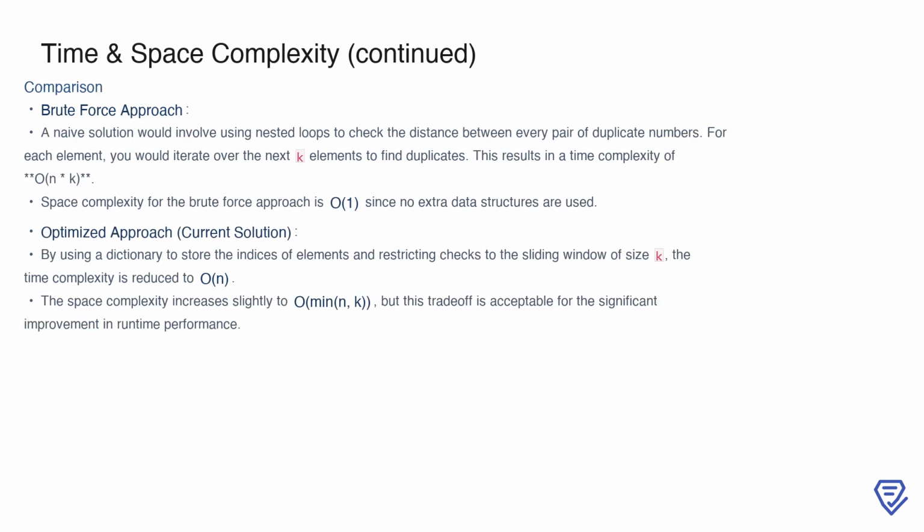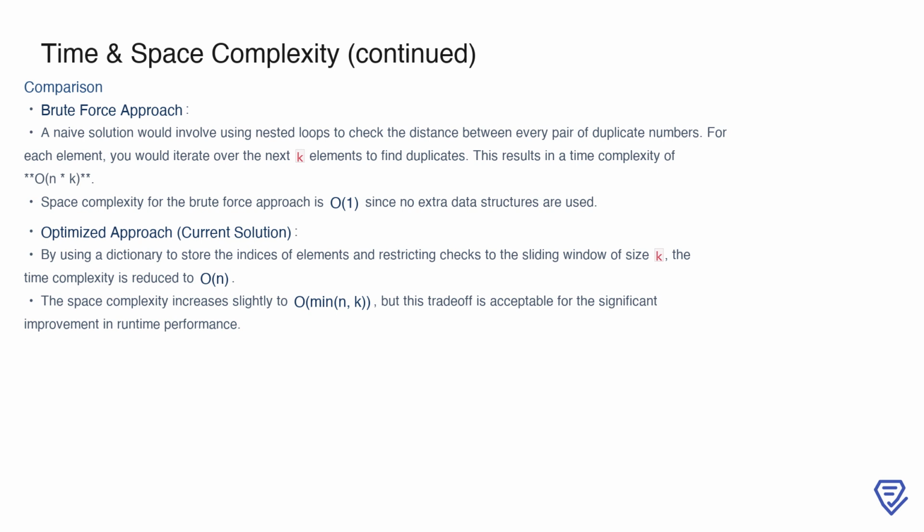To compare approaches, consider the brute force method. This naive solution uses nested loops to check the distance between every pair of duplicate numbers. For each element, it iterates over the next k elements to find duplicates, resulting in a time complexity of O(n * k). While its space complexity is minimal at O(1), due to the lack of additional data structures, this approach is highly